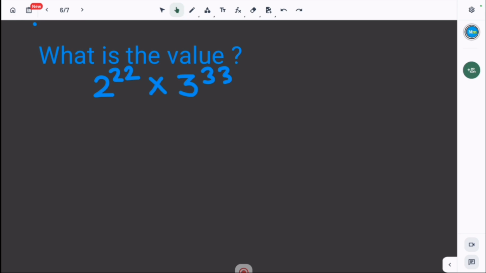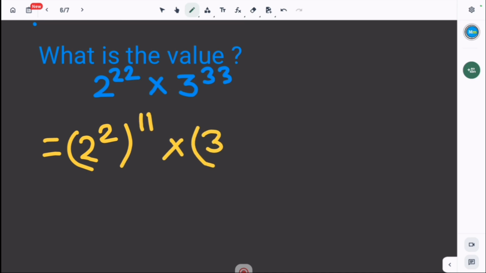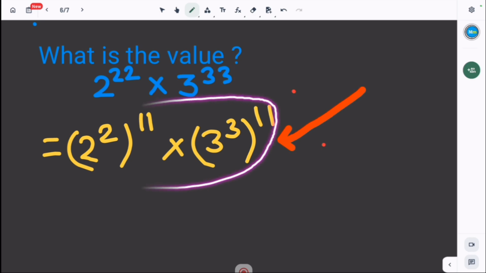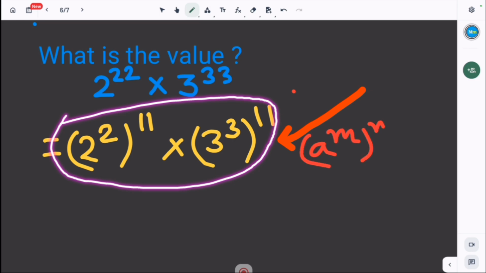So today's question is, what is the value of 2 to the power 22 into 3 to the power 33? So let's see. 2 to the power 22 can be written as (2 to the power 2) whole to the power 11, into 3 to the power 33 can be written as (3 to the power 3) whole to the power 11. This is written using the formula (a to the power m) whole to the power n